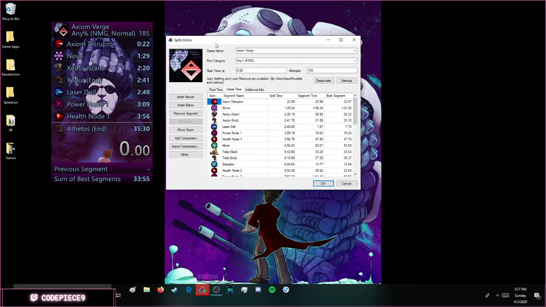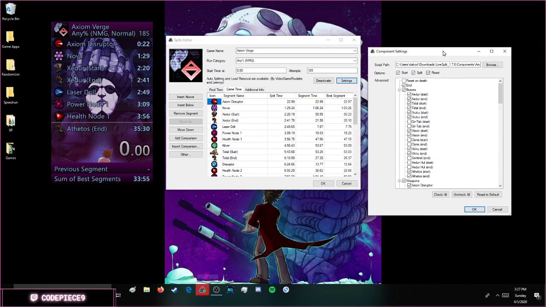Alright, so here's our segments. I went out of the way and did icons and stuff, but if you go under the settings for splits, you can see what you want to split with. What I do is I have start, split, and reset option. Reset basically means if you start new, or just turn the game off, I think it resets. So it's important not to